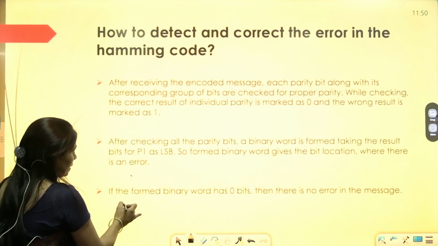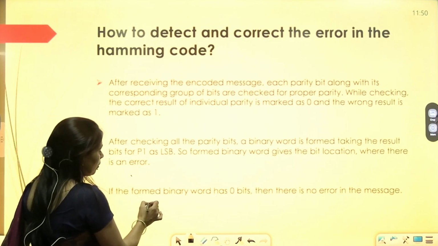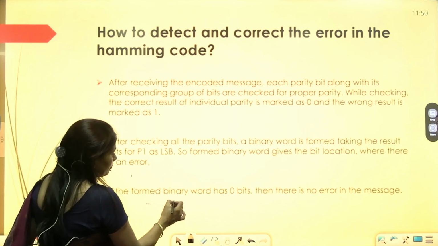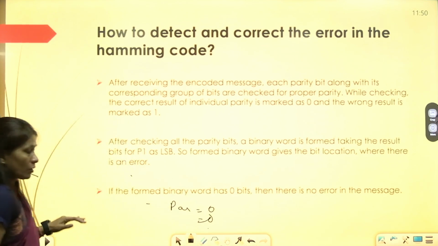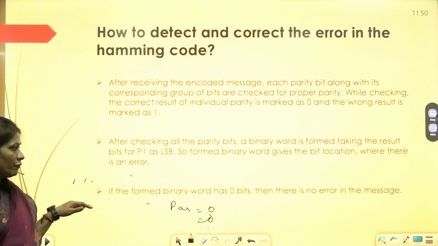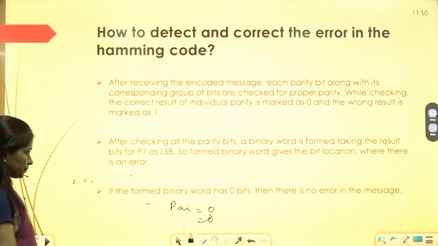The receiver checks the coded message, and all parity bits are 0 because the number of ones is even in each parity group.